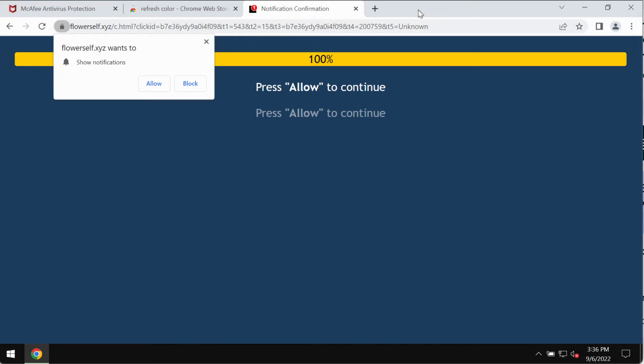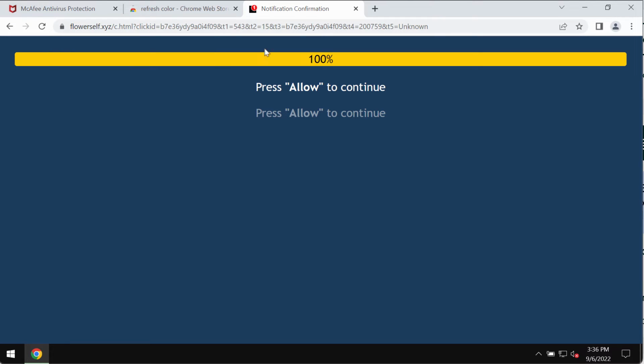It tries to trick you into clicking on this allow button. Sometimes it says that you need to do that in order to prove that you are not a robot, but when people mistakenly click on allow, their browser is hijacked with multiple ads that are displayed in the form of intrusive push notifications. So if you have clicked on allow, surely it was a mistake, and you need to fix